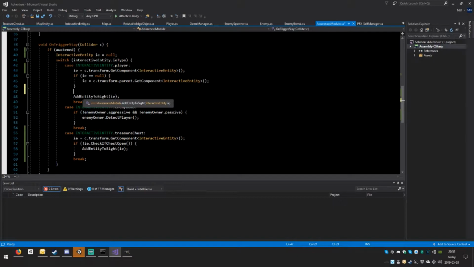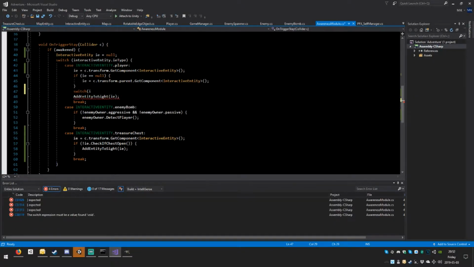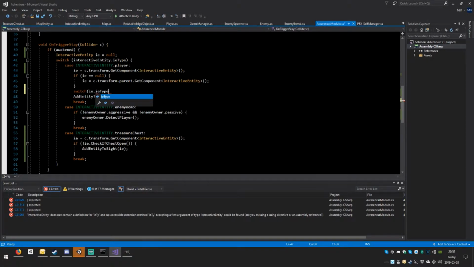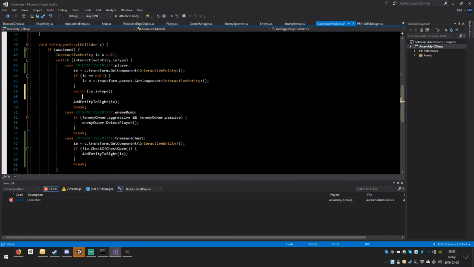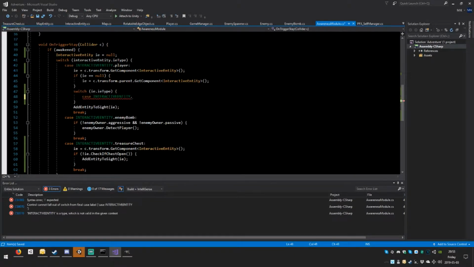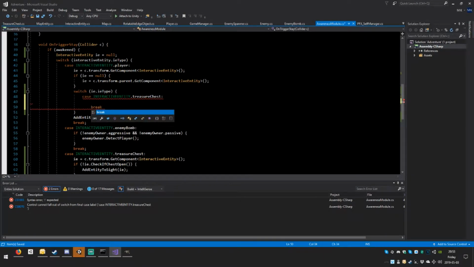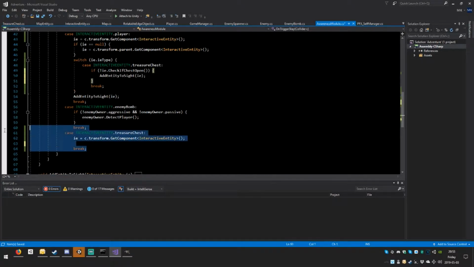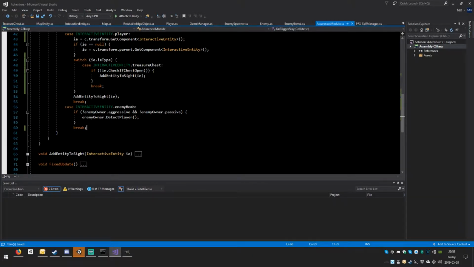So here, type switch, open round bracket, IE dot IE type. There. Open close round, open squiggle, hit enter, close. We didn't do the thing. Yeah, sure, it's fine. So case, tab dot, there it is, tab colon enter break semicolon. Okay, so cut this, paste here, remove all this, save, and here go